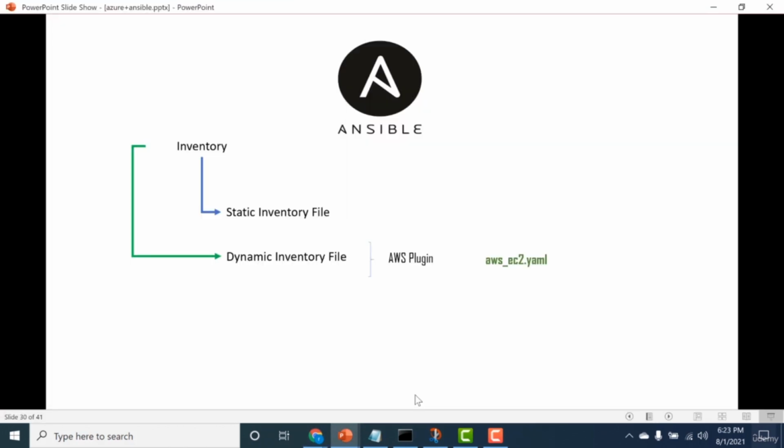So now let's talk about the dynamic inventory file. The problem with the static inventory file is that anytime a new instance is created, it has to be manually added to the static inventory file. So to overcome that obstacle, we have the dynamic inventory file. And AWS provides a plugin called